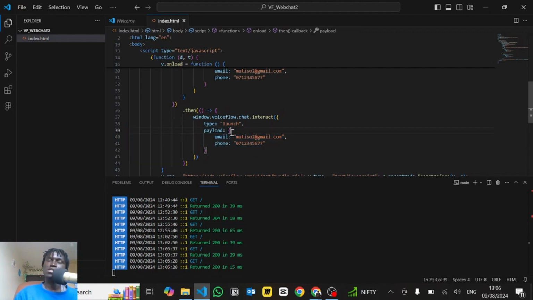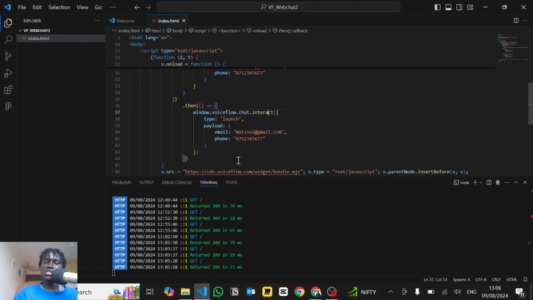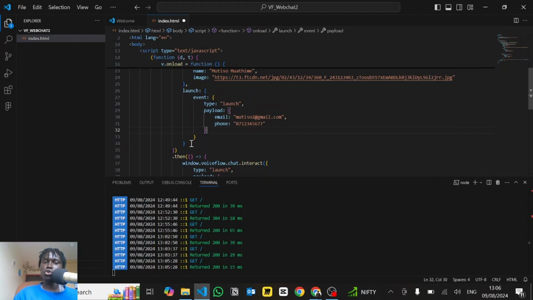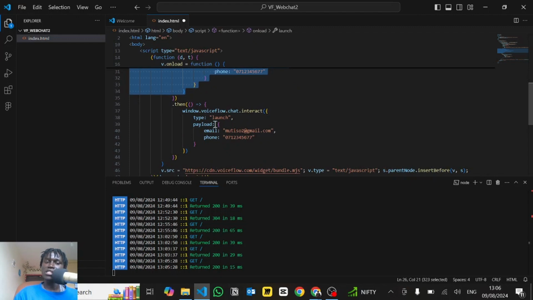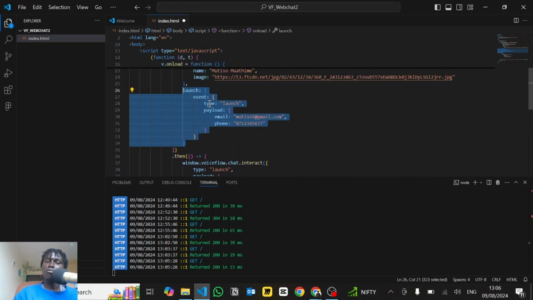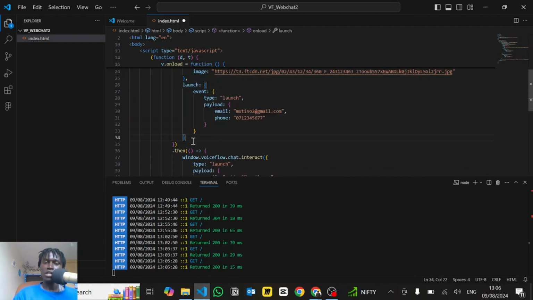Hope that makes sense. Okay, and this is something that had disturbed me a lot until I figured out the best way to pass variables to your Voiceflow chatbot isn't through this way that Voiceflow says that you should do. The best way is to use then pass it through this way, okay, so that the variables can be obtained accordingly. So I'll just delete this,